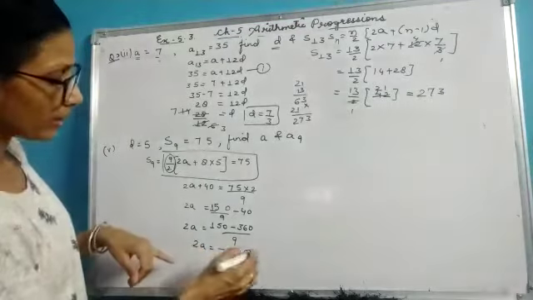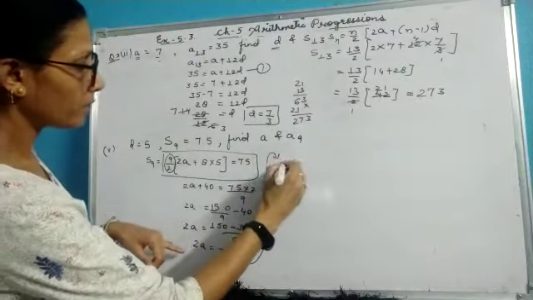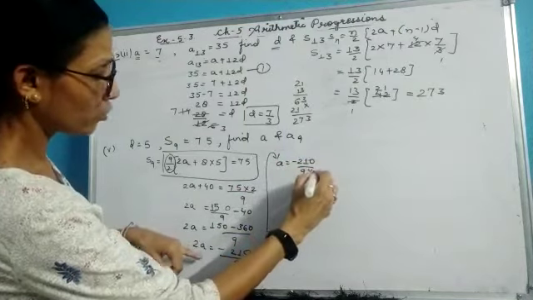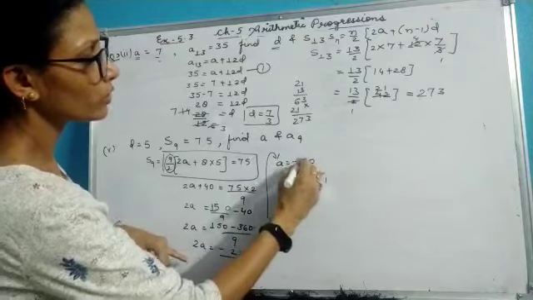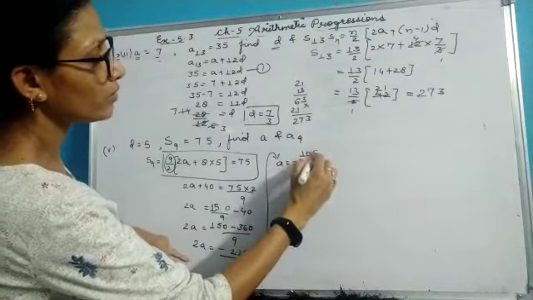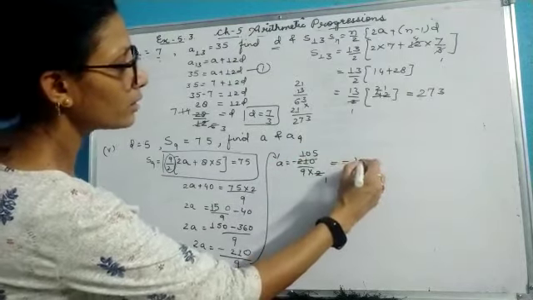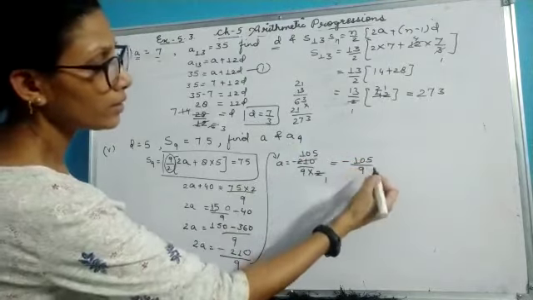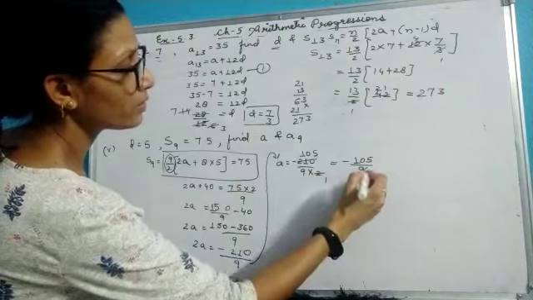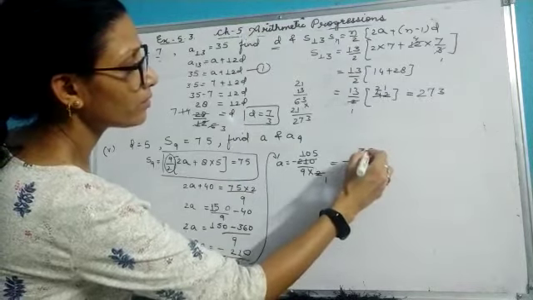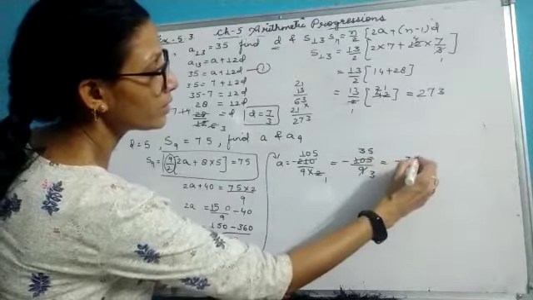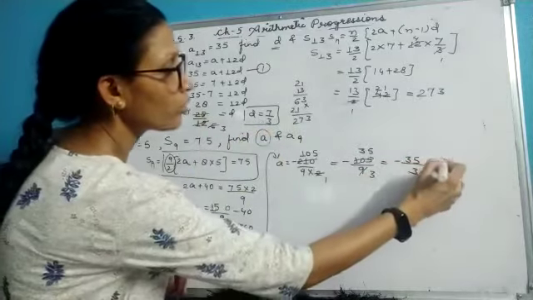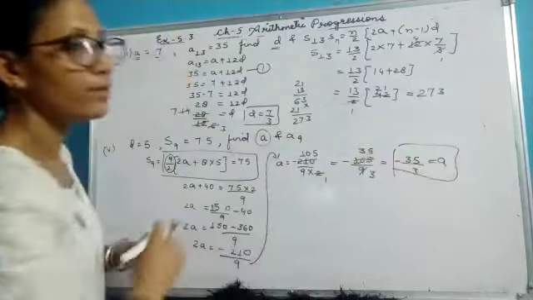Now this 2 I can bring down, so it will be A equal to minus 210 by 9 into 2. Cut it, 2 ones are 2, 2 fives are 10. So I am getting it as minus 105 by 9. You can simply simplify it further. 3 threes are 9, 3 threes are 9, 3 fives are 15. So I am getting it as 35 by 3. I wanted to calculate A, so this is your A, which is minus 35 by 3.